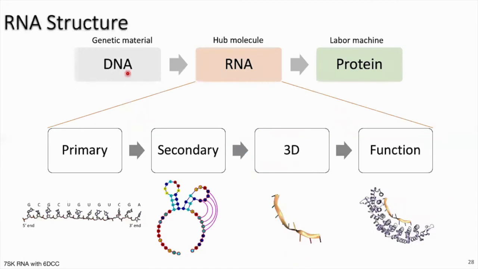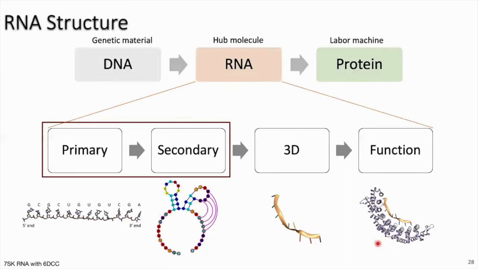As the heart molecule in the central dogma, RNA plays a lot of roles in our body. So it is critical to understand their structure and function. The RNA will first form into a linear chain of building block elements. And then this linear chain can fold into the secondary structure, which can further fold into the 3D structure to perform their particular function. So in this project, we will focus on the first indispensable step: to predict the RNA secondary structure based on the RNA sequence information.